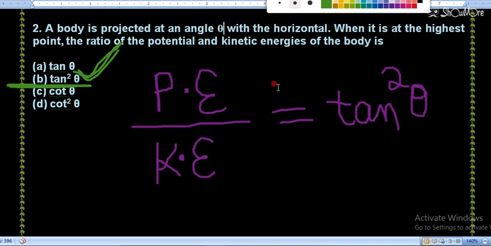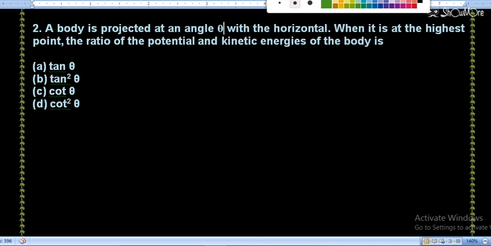Now we are moving to the third question of today's video. In this video, we are going to discuss the top 10 important projectile questions. All the questions are important, so watch them carefully, and after understanding, you can note down all the questions in your notebook. So that was question number 2. Now we are moving to question number 3, that will be displayed on your screen.